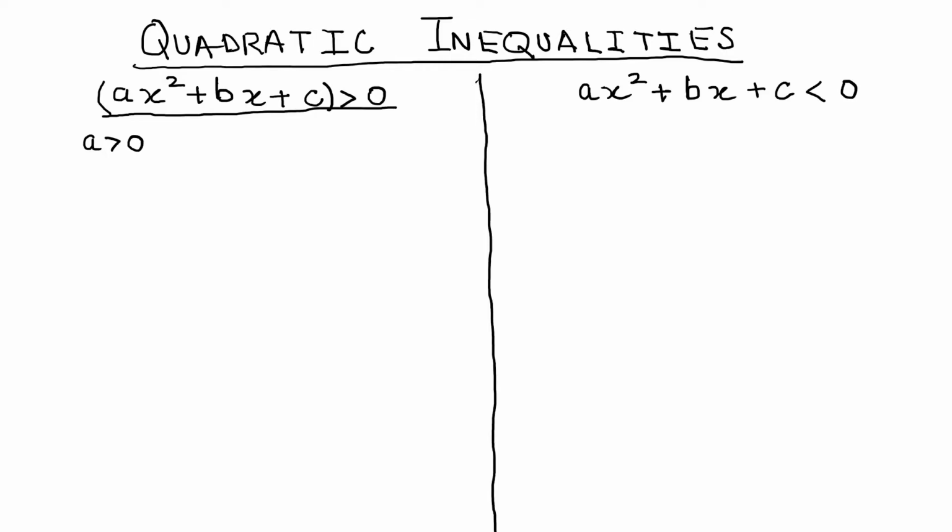Now if a is greater than 0, and the next thing that we need to talk about here is, so we said that we need to check for two values of a. One is a greater than 0 or a less than 0. The second point which is important here is to check the value of delta. We know that the delta could be less than 0, delta could be greater than 0, or delta could be equal to 0.